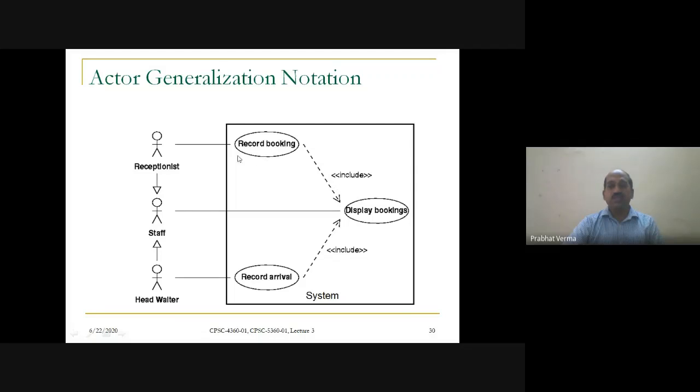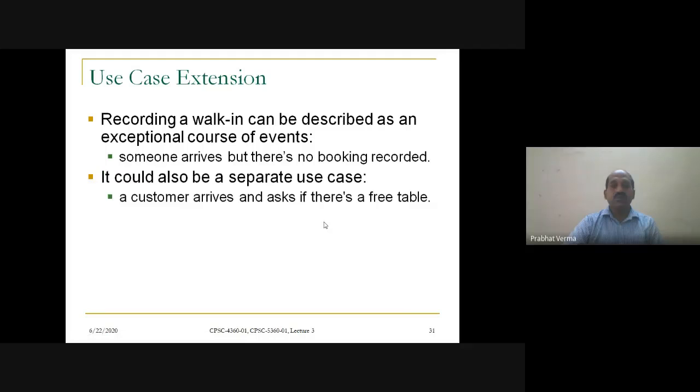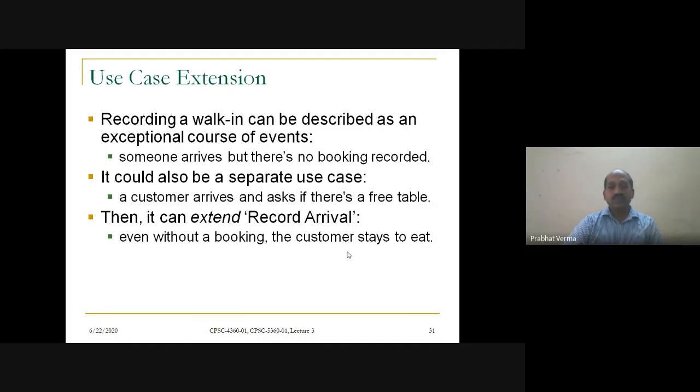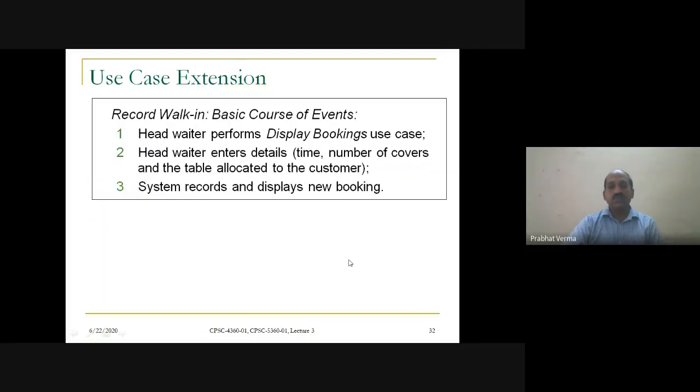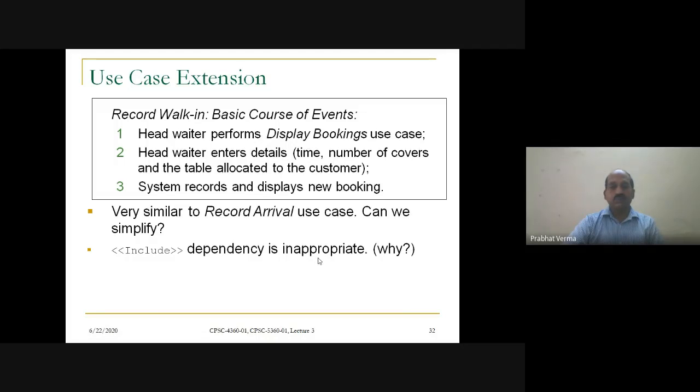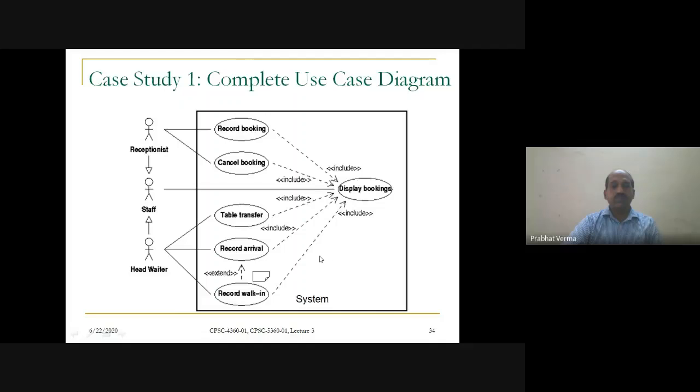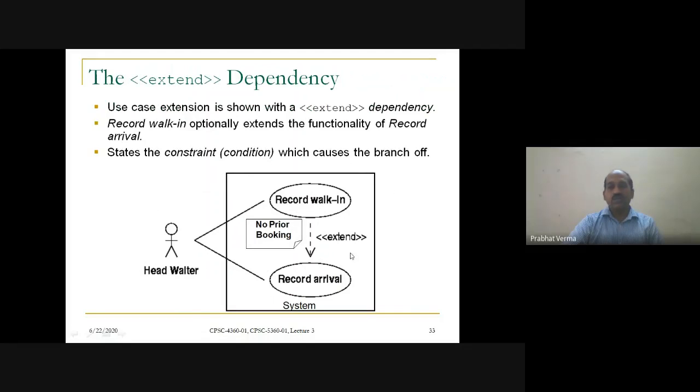And the record booking use case is having a relationship with the display booking through this include directive. Similarly, record arrival is also having a relationship with the include directive. So these are the use cases that we have shown. Now let us have